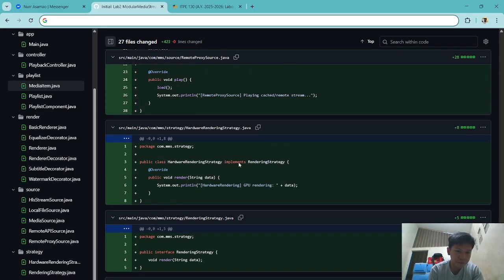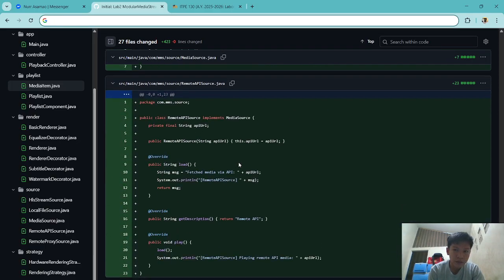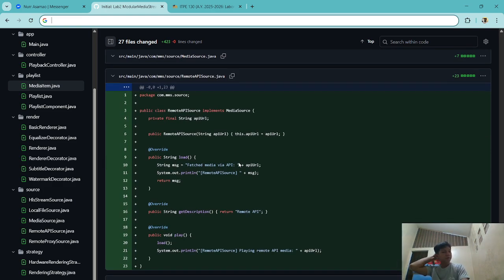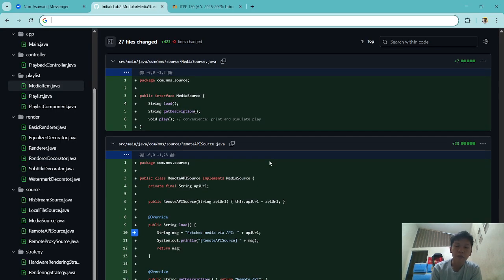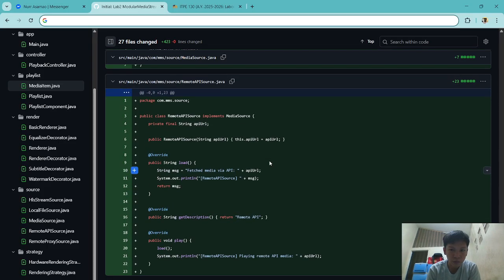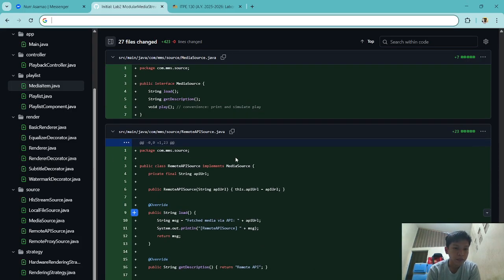Okay, then just like this, this is how the media processing is being made. I mean, how our source code is processed. Okay? Then yeah, that is it. And in our rendering,